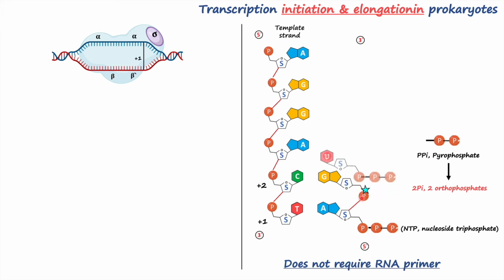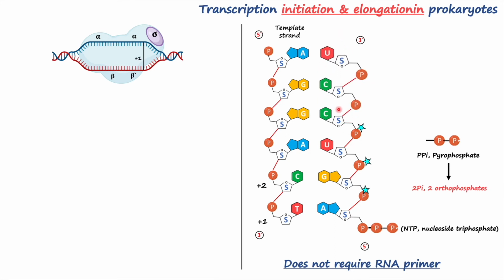Similarly, RNA polymerase adds the next nucleotide, and in this case it is uracil, because you need to remember that these are ribonucleotides. Therefore it is uracil and not thymine, and it is complementary to the adenine on the DNA strand. So it adds this nucleoside triphosphate here, cleaves the pyrophosphate, and generates the energy to form the phosphodiester bond. Similarly, it again brings in a nucleoside triphosphate, cleaves the pyrophosphate, and generates energy to synthesize the phosphodiester bond, and eventually it completes the formation of a small stretch of